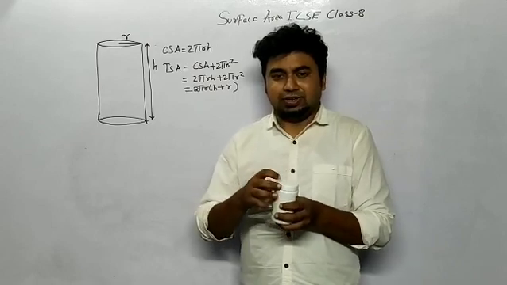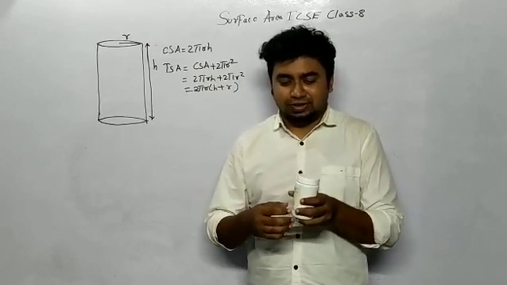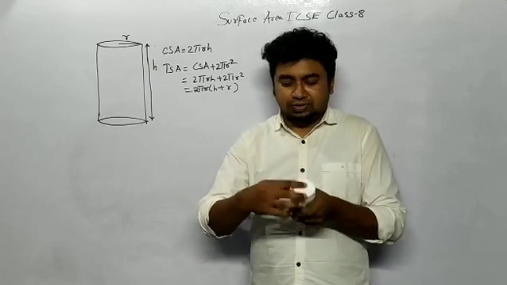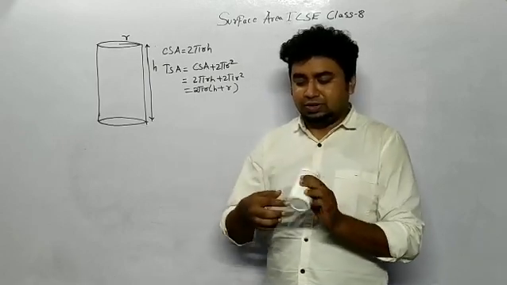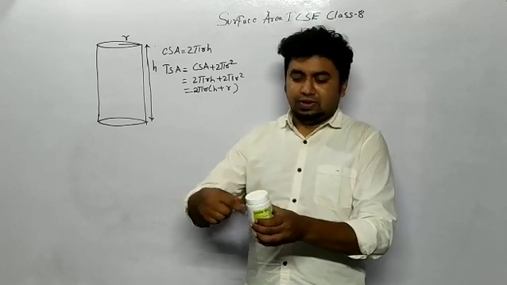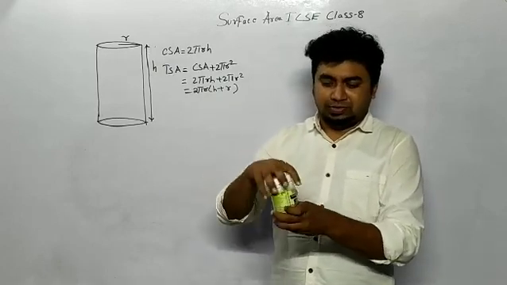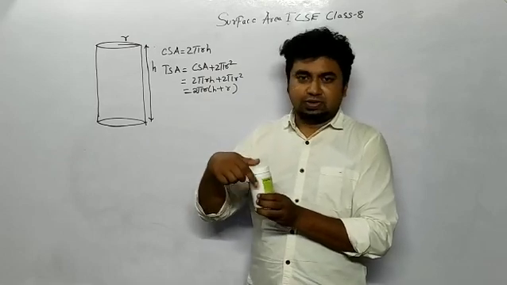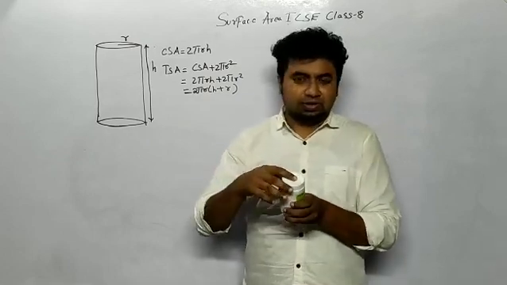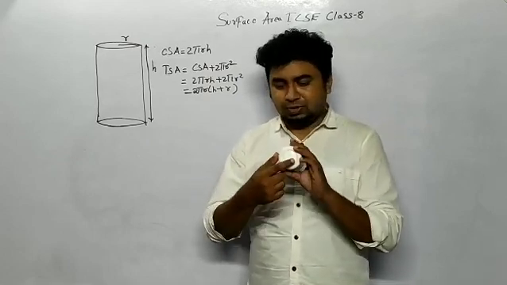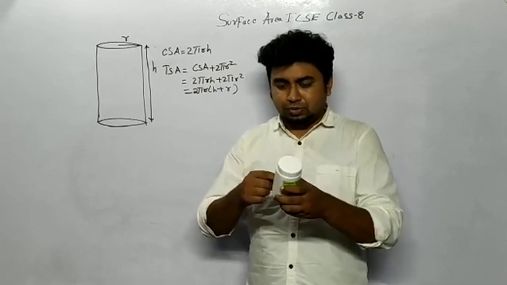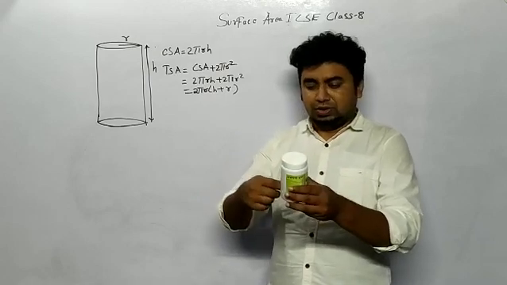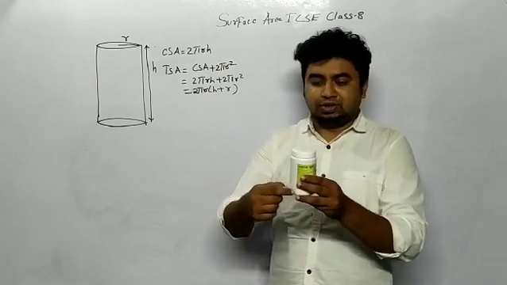cylinder. This is also a cylinder box. It is looking like a cylinder. In this you will see that this part is circular, this bottom part is also circular, and this entire part is known as the curved part. So this is the curved part, and these two are the circular parts. You can think of it as a combination of layers of circles.